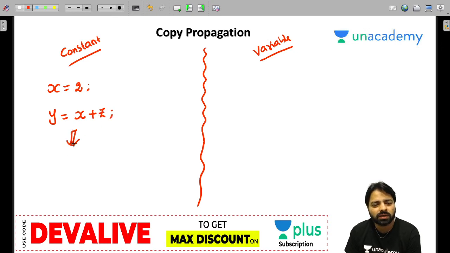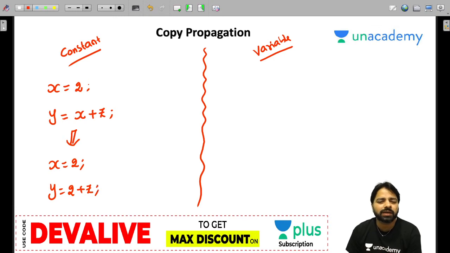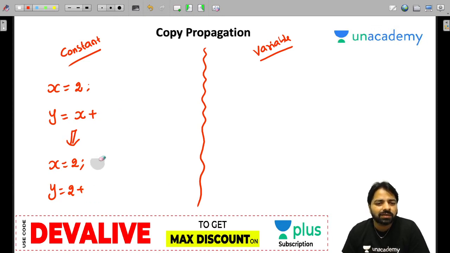You can write this as x is equal to 2 and y is equal to 2 plus z. If you do that, sometimes even constant folding might be possible. If z is already some constant, let's say x plus 3, now it is 2 plus 3. Here you can apply constant folding, then you can write y is equal to 5.